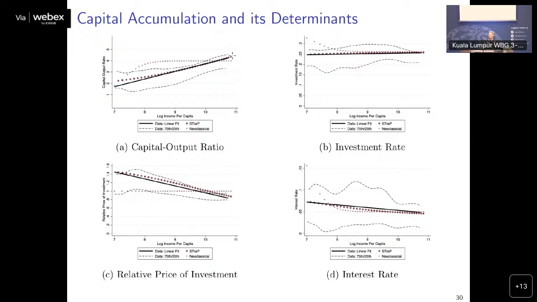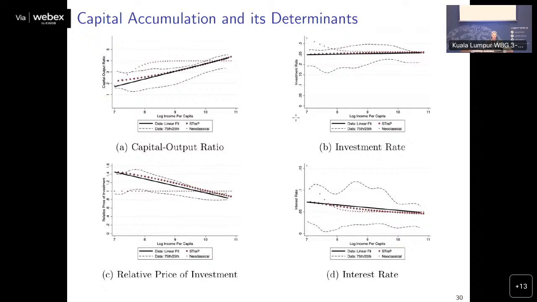Because there's structural transformation that's changing the relative price of capital. Here's the relative price of capital. The relative price of capital is falling over time. It's getting cheaper and cheaper, which means you want more and more of that capital. And again, it's getting cheaper and cheaper, like it does in the data. And again, this isn't calibrated to the Penn World Table's data. This is calibrated to the US experience from 1950 to 2000. And I'm extrapolating the US to a ton of different countries, including very, very poor countries. And it lines up pretty well.